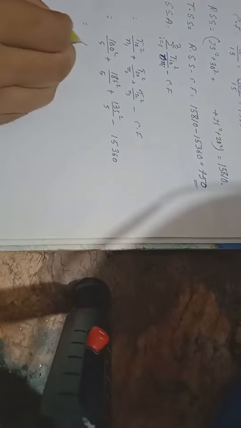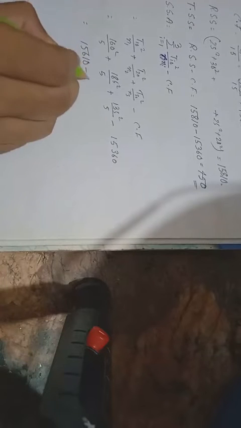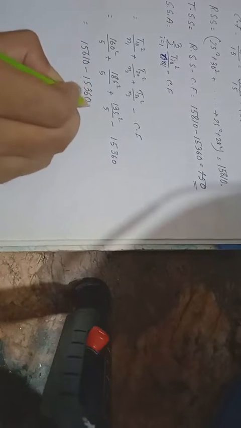It's 24 plus 30 plus 28, it's 82, 107, 135. 54, 82, and 135 minus this. We get this as